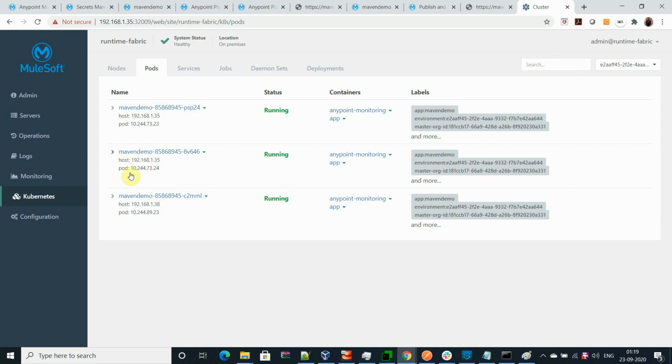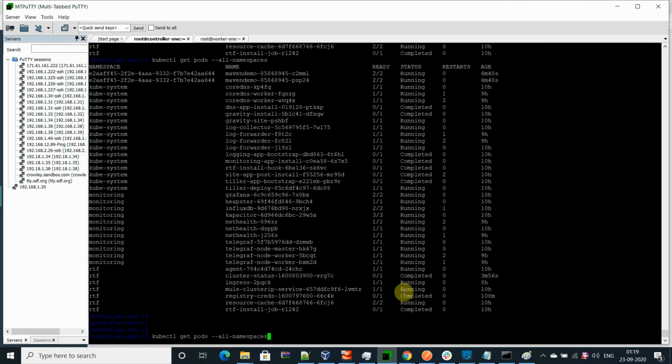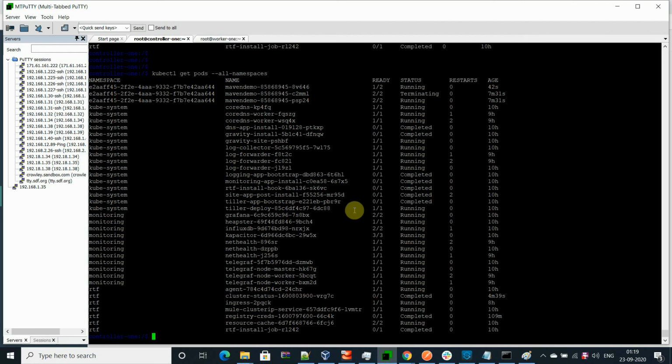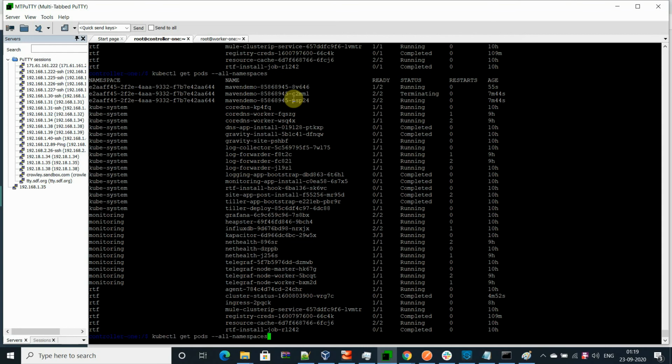You can see that it has created a new pod, right? It is creating a new pod because the older pod is being destroyed now. They are terminating that pod over here, right? So let's wait for that. It will be terminated. You can see it's being terminated by the controller.